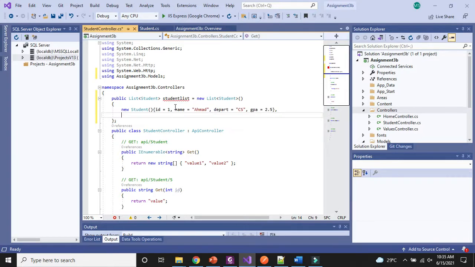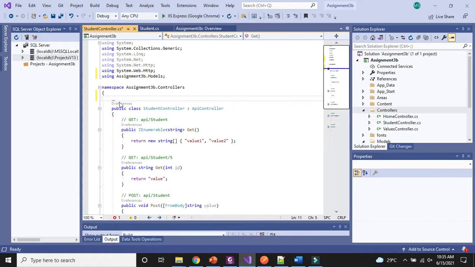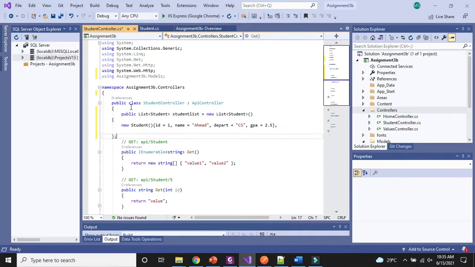Okay, here we are facing a problem, an error. I will hover the mouse on the error and it is saying that a namespace cannot directly contain members such as field or methods. Meaning that inside a namespace you cannot directly create any variable. Obviously if you want to create any variable, you can create it inside a class, not inside a namespace. A namespace can only contain classes. So we paste it here and now that error will be gone. Okay, now we will continue.